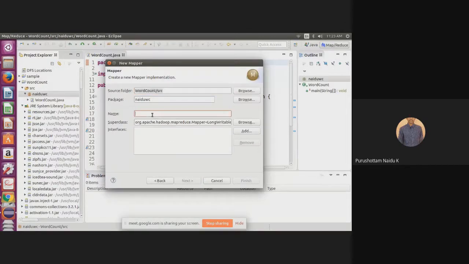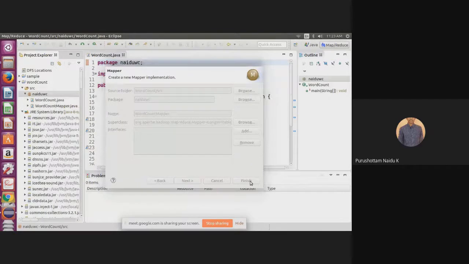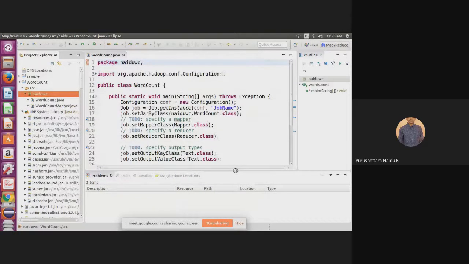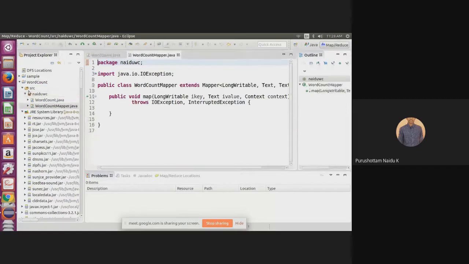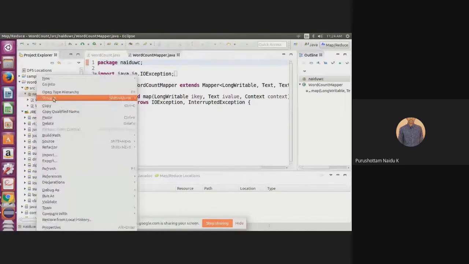I give the mapper name as WordCountMapper. It's the mapper class name. WordCountMapper. Click on Finish. This is the WordCountMapper class. Now one more class we require is the reducer class.